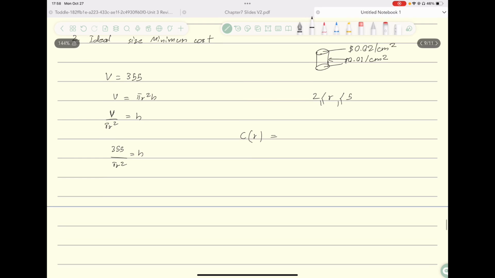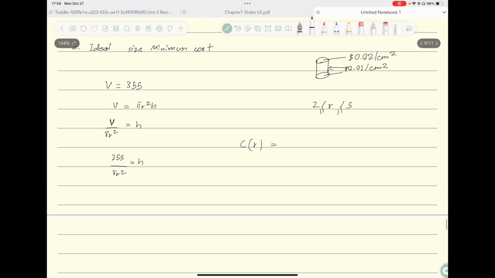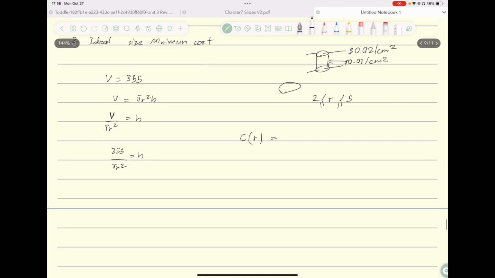with respect to r. So the cost will be: there are two sides, top and bottom, and they are both circle shaped, so it's 2 pi r squared, because the area of a circle is pi r squared, and the top and bottom make two. And we're going to multiply by the cost, 0.02, plus